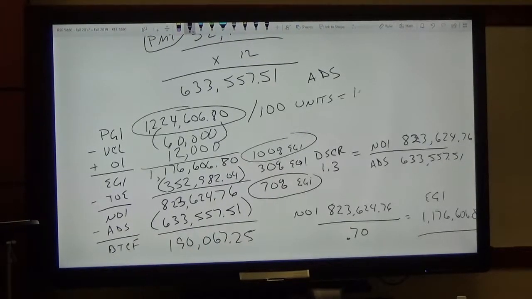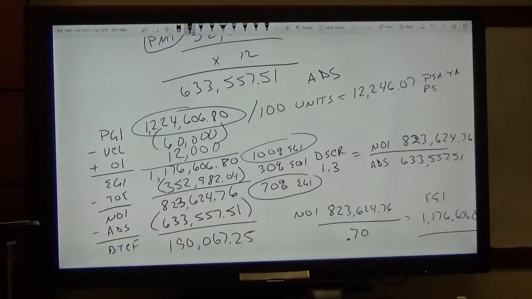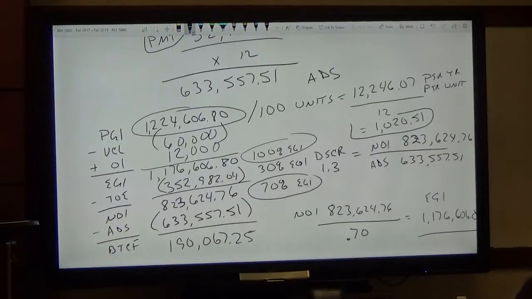That's going to give us $12,246.07 per year per unit. Does that make sense? Then we would divide that by 12, and that is going to give us 1,020.51, which would be the rent